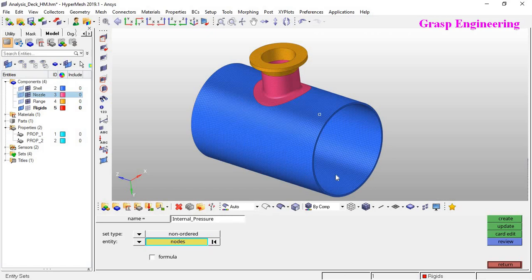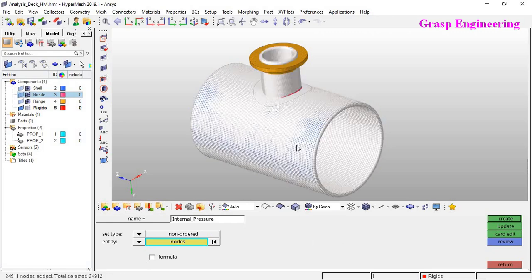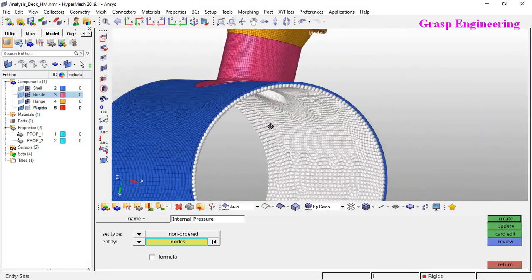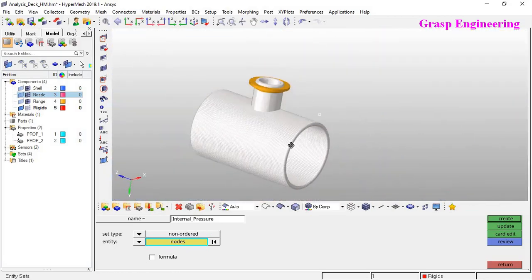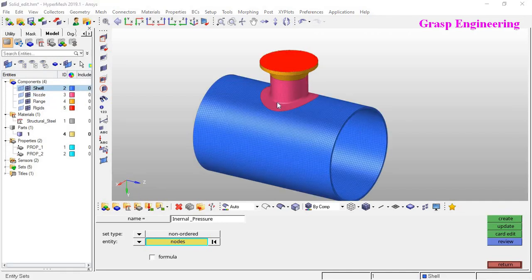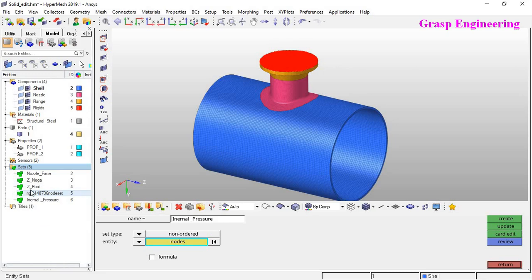So let's do node by face. Okay, if you zoom in, it will show you that all internal nodes are selected, right? And create. So now if you see, we have created the different entity sets which are going to reflect here also, like sets expand, you will find all different sets.